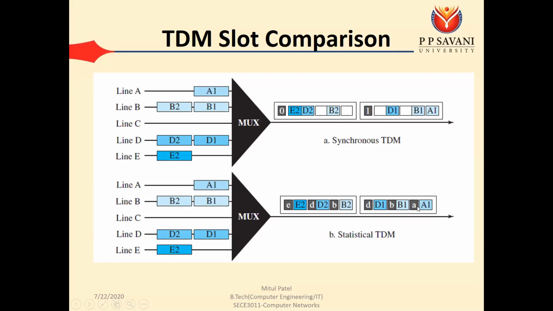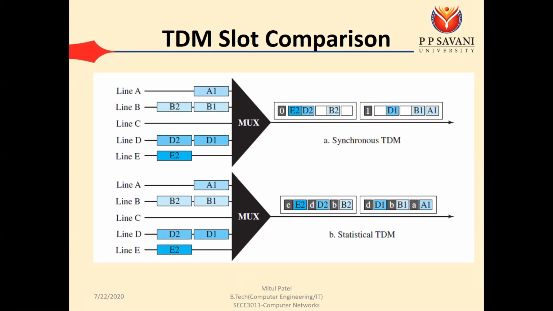When these two things are fetched, the first data is given to line number A, the second data is given to line number B, and the third data is provided to line number D. Same way for this one, B2, D2 and E2: we are adding the address of line B, line D and line E. So B's data is assigned to B, D's data to D, and finally E's data to E. So if we allocate dynamically, there is a problem at the receiving side, and this problem can be solved by using this addressing manner.